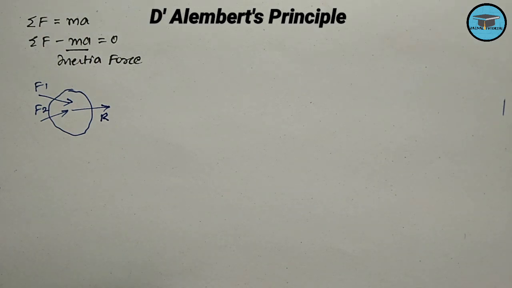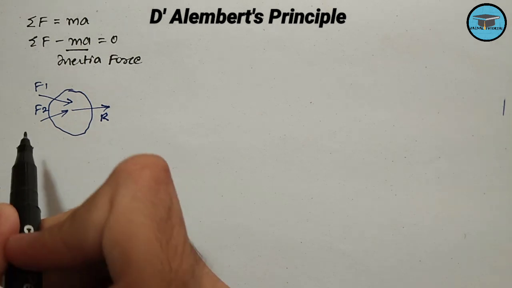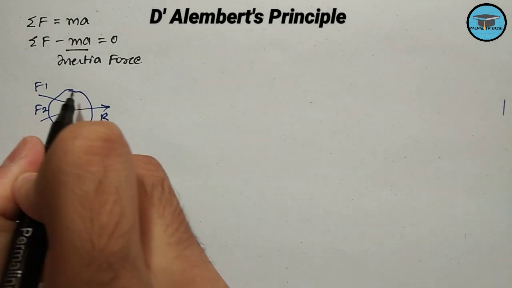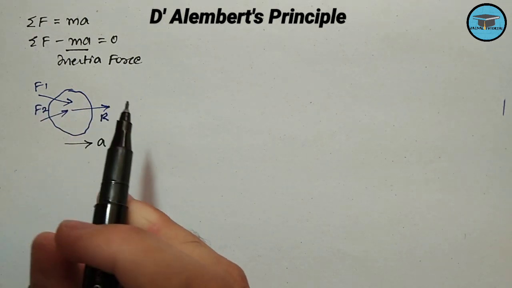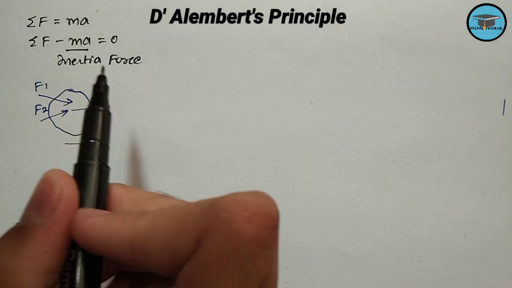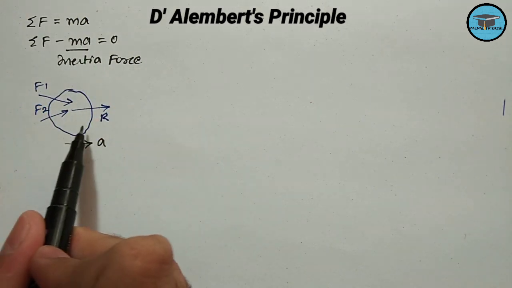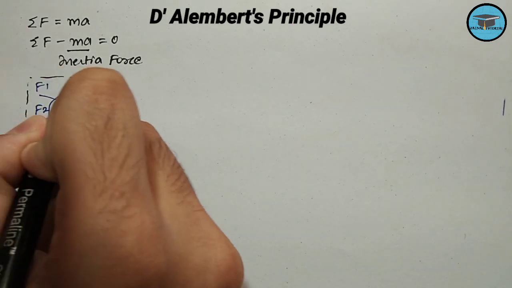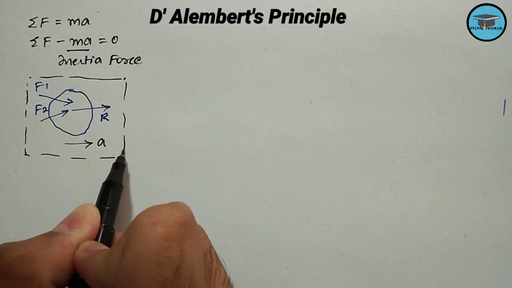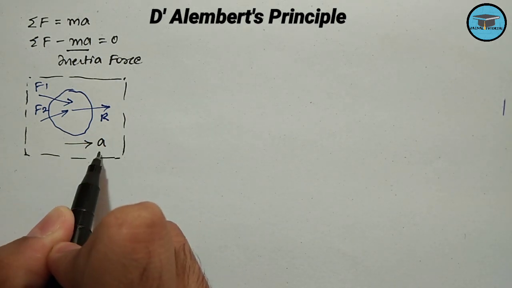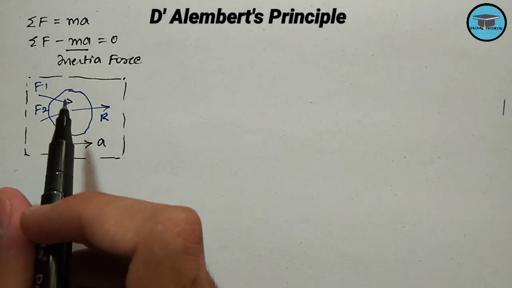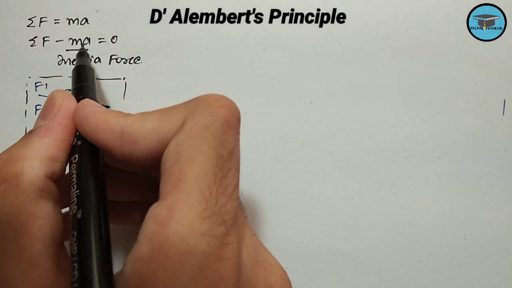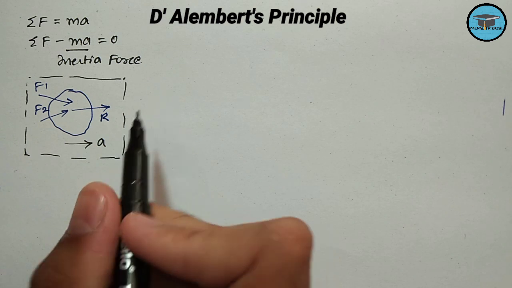Now, on application of these two forces on the body, this system moves with an acceleration of a along the positive x direction. Now to maintain this body under dynamic equilibrium, we need to apply a force having the product of mass into acceleration in the opposite direction to that of the motion of the body. So let us consider this as an entire system. Since this system is moving with an acceleration of a along the positive x direction, we need to apply the inertia force along the negative x direction having the magnitude of the product of mass into acceleration, that is